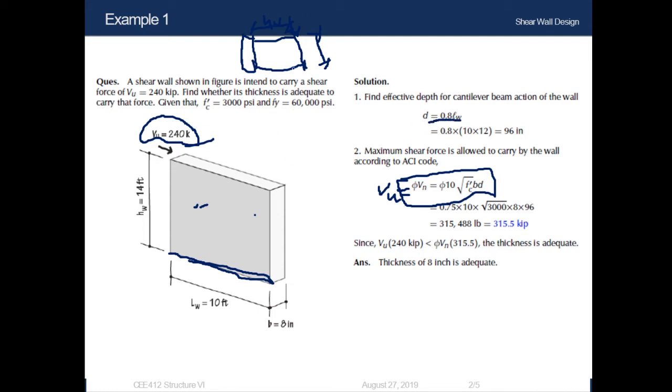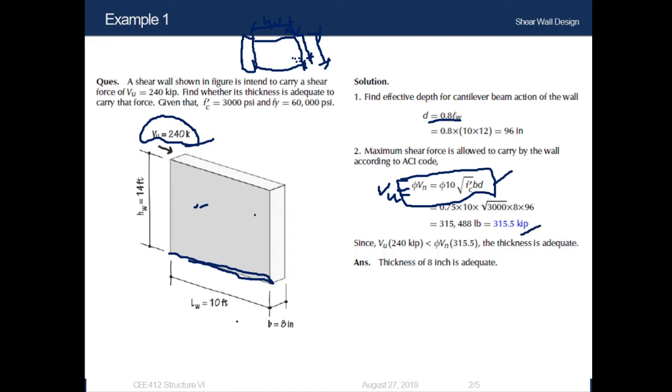We know that we use reinforcement in shear walls. So the distance from the center of the reinforcement layer to one end is known as the effective depth or effective length of the shear wall. So we can calculate d using d equals 80% of lw. From here we are calculating the value of d in inch. Now plugging the value of d in this capacity equation, we are getting the value of φVn, or design capacity